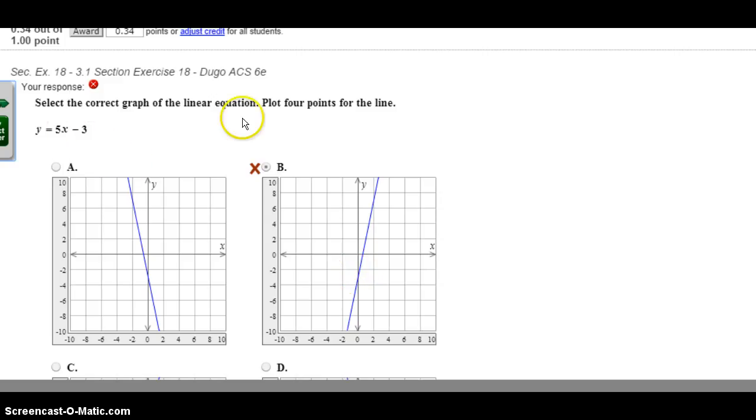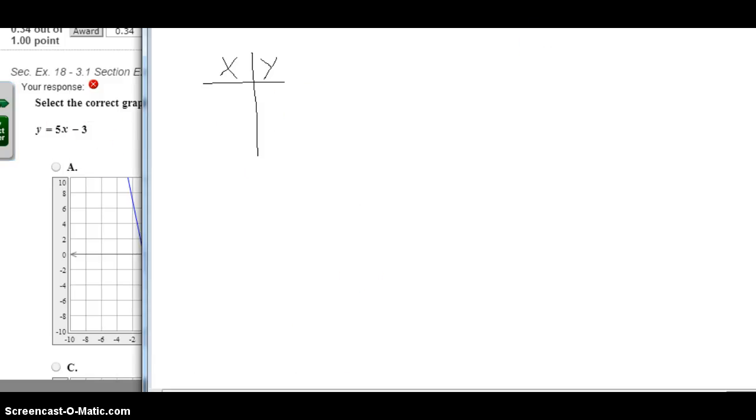But if you want to actually plot points, you can pick any numbers you want for X, and then you solve for Y, or vice versa. So you just have a chart here of what X and Y are. Let's say X is 0, let's say X is 1, X is 5, X is 2. You can pick any numbers you want, and then you just plug them in here and see what Y would